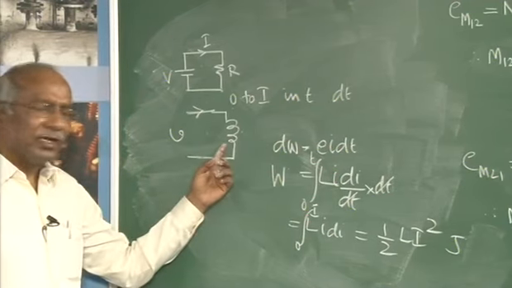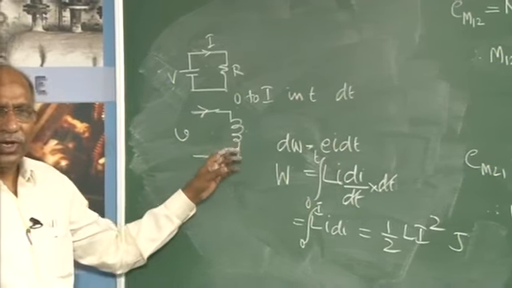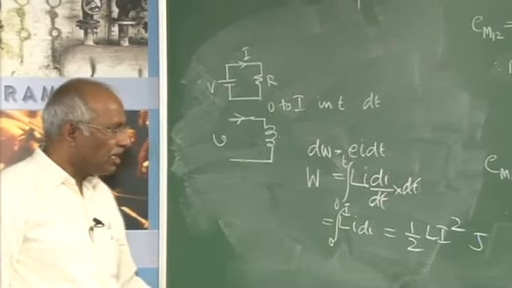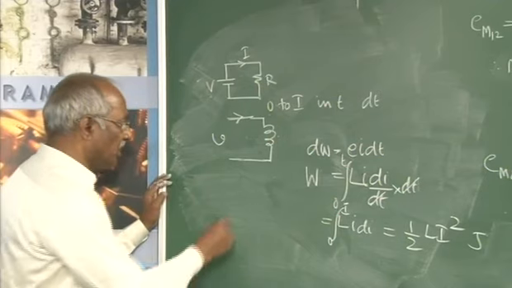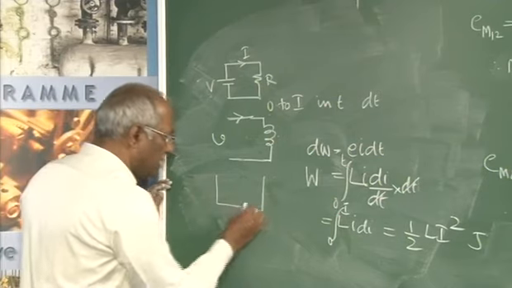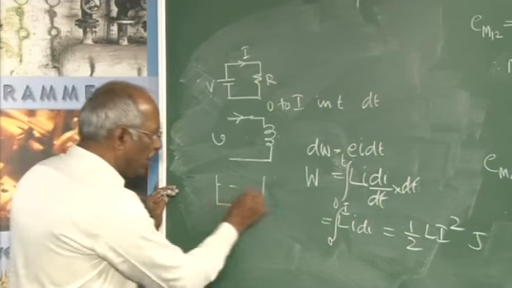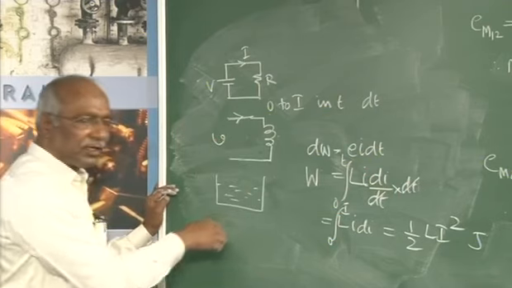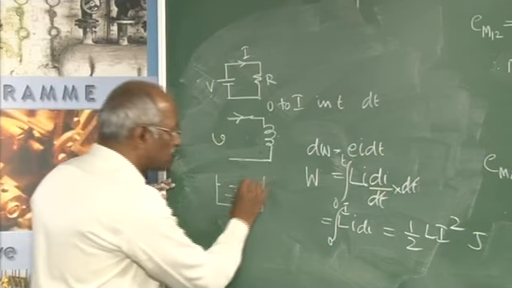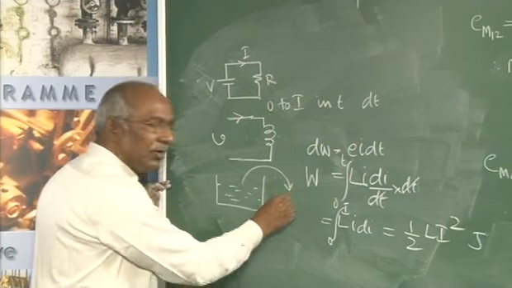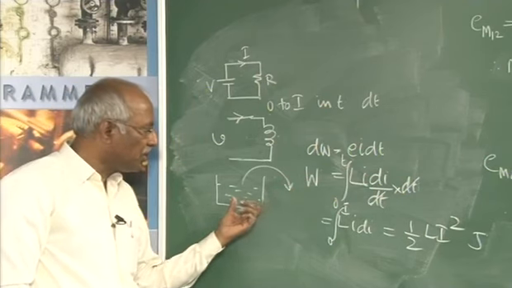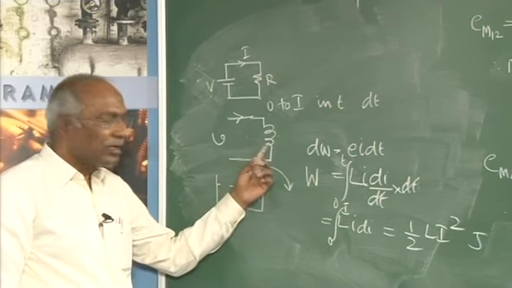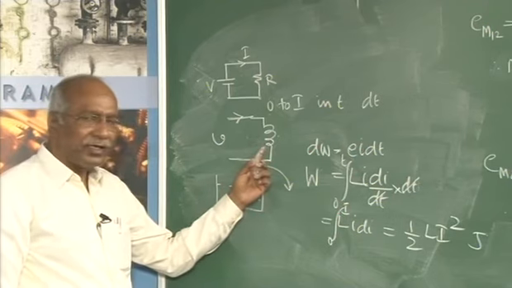So it will not dissipate any energy. Of course, all this can be proved also. However, because of the shortage of time, I will not go for all those things. I will just give you an example. It acts as a sponge. Assume I have a trough of water, take some quantity of sponge, and immerse it in that. The sponge absorbs water. When it is taken out and squeezed, it will give it out. In the sense, the consumption of water by the sponge is 0. In the same way here, it takes some energy and retains it in the magnetic field.